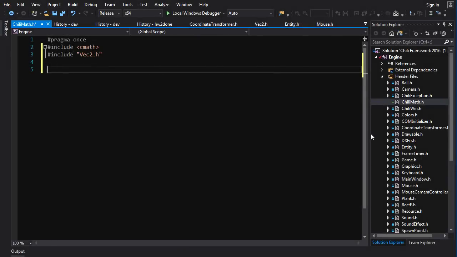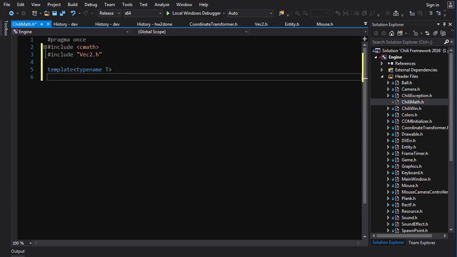So essentially, I want to calculate the distance between the point and the line based on 2 points on the line and the point of interest. So we'll call this one P0, P1, and Q. This is just a general math formula. So what I'm going to do, I'm going to create a general header called chili math. It's going to hold some basic general math functions. I often do this. So we're going to include cmath. We're going to include vec2. Let's create a function, and we'll make it templated. So typename T